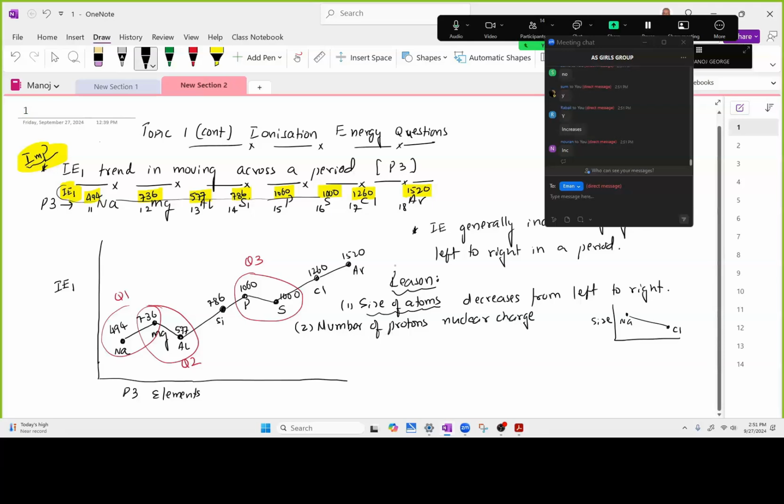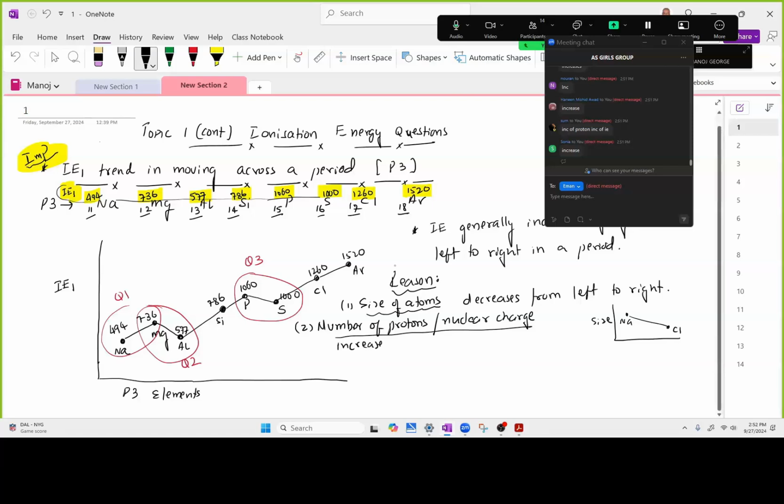So when you go left to right, you see the atomic number 11, 12, 13, 14, 15, 16, 17, 18. So the number of protons is increasing. Since the number of protons, which is also nuclear charge, increases,